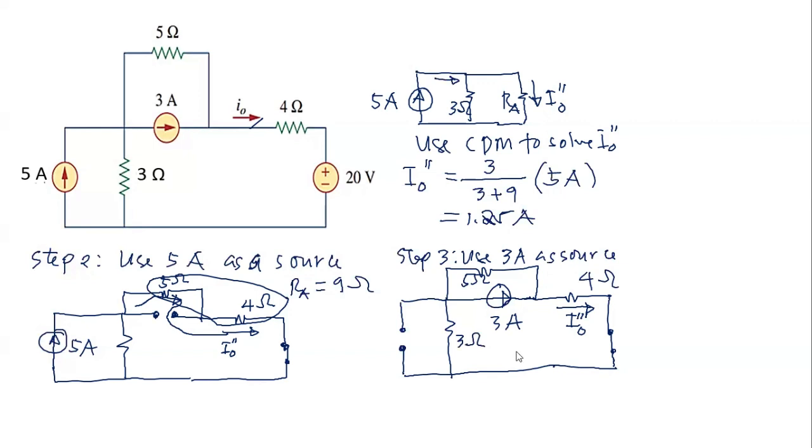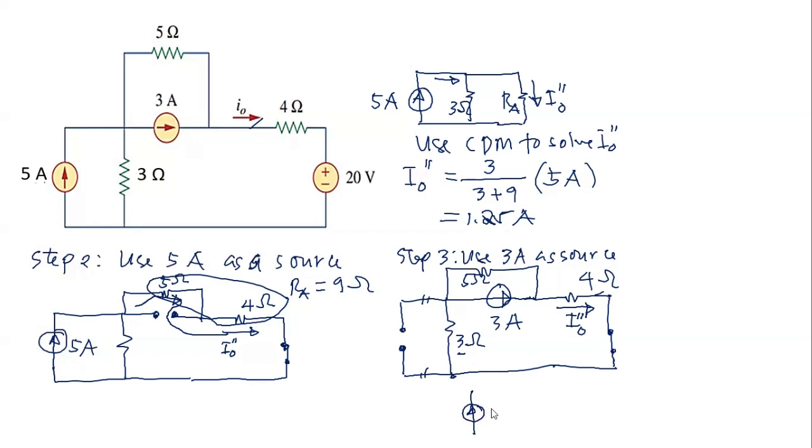Okay, so let's investigate. As you notice, this is open circuit, since there is no current flowing into it, so we can neglect this branch. So we can simplify then. Therefore, the 3 ohms and the 4 ohms now are connected in series. So this is now the equivalent circuit. So we'll just have to draw the parallel combination of 3 amperes and 5 ohms. We will draw this vertically.